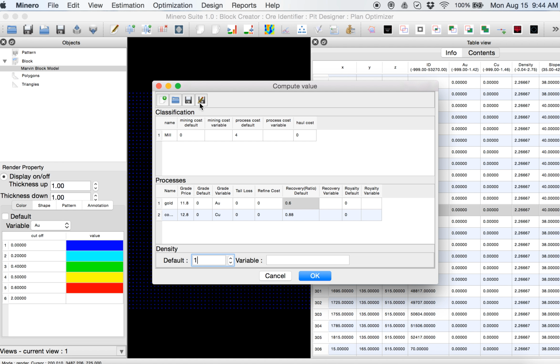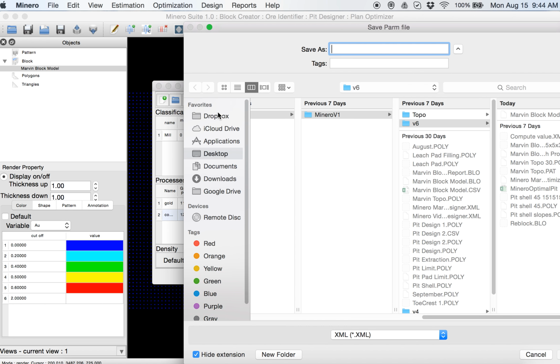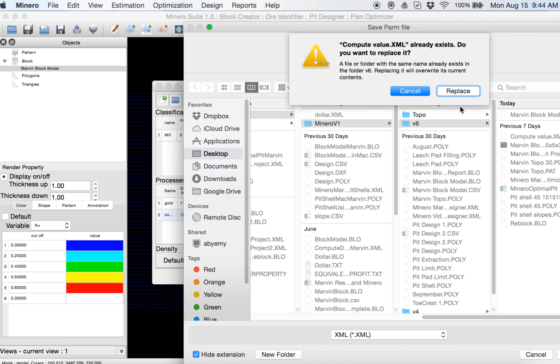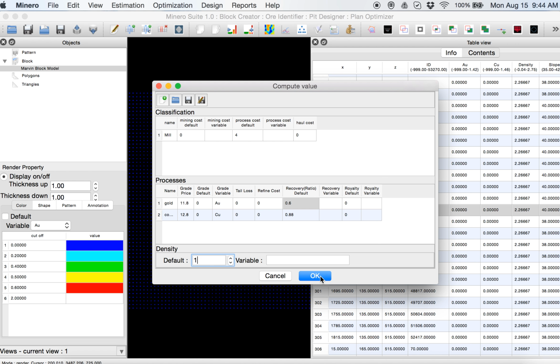Finally, I'm going to save these compute value parameters for future reference. I'm calling it compute value and it has XML extension. Then I will run it.